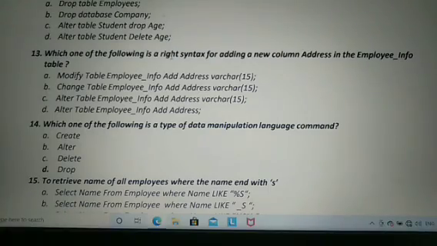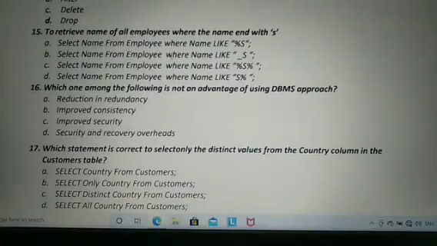Okay, comes to question number 15. To retrieve name of all employees where the name ends with S. So you have to find out name of all the employees whose names end with the character S. So from these 4 options, the right option is option A, that is select name from employee where name like, within double quotation you have to write %s.